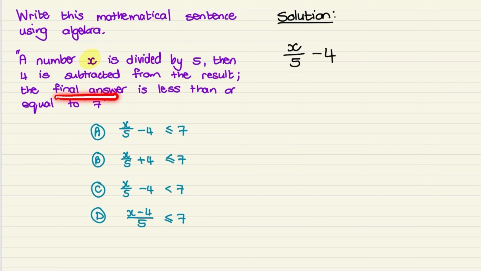The final answer is less than or equal to 7. So we indicate less than or equal to 7. So less than we indicate with the mouth open to the bigger number, and equal to is a little line